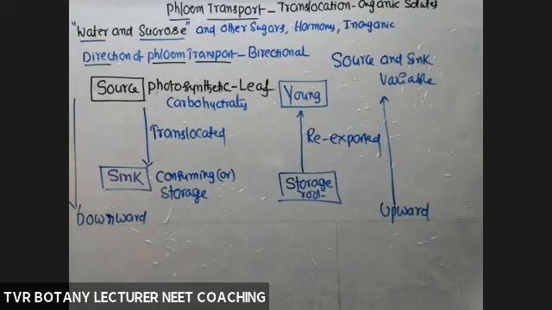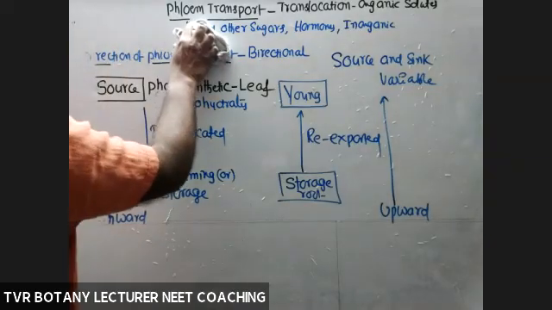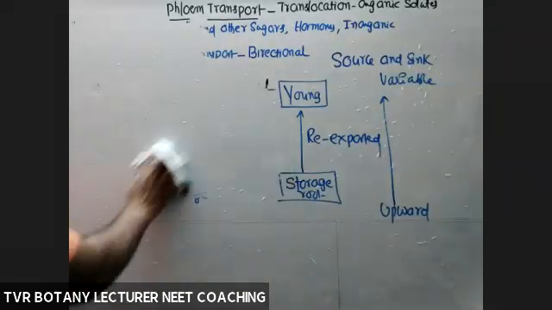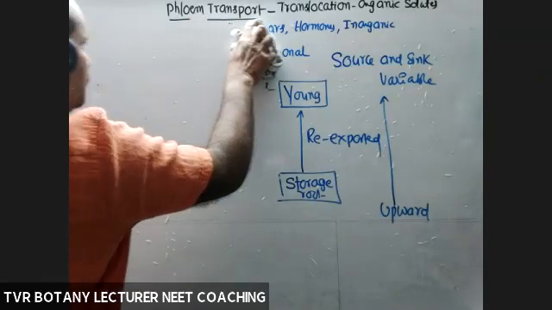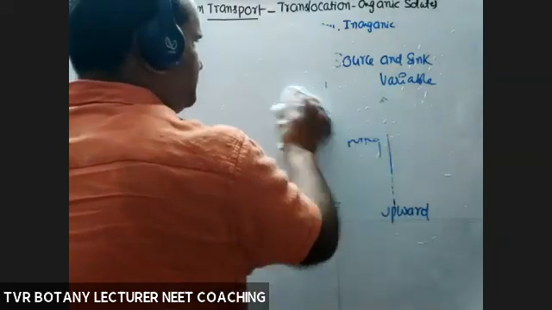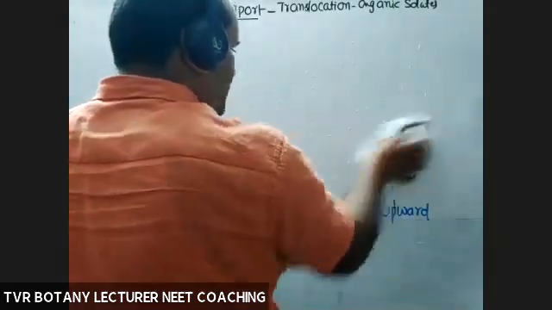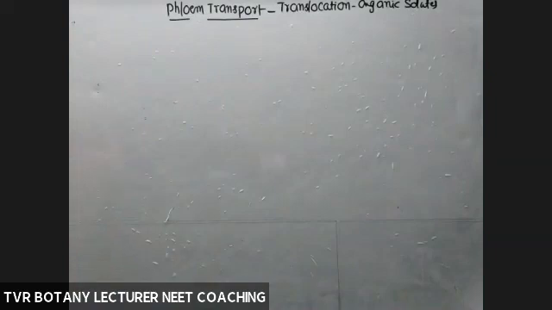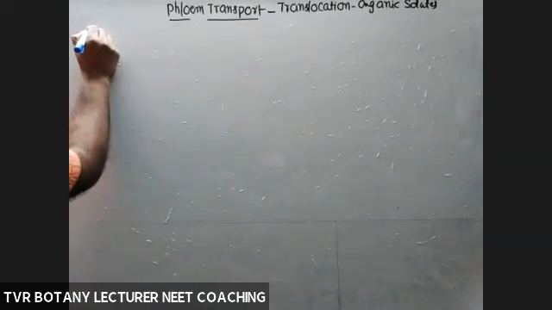Here, source and sink are important. So according to our knowledge, phloem is concerned with translocation of food. Okay, so how to demonstrate? What about the mechanism of phloem transport? Like bulk flow, mass flow, which is able to transport water, minerals, and food also. It was given under the heading bulk flow, mass movement, concerned with the movement of water, minerals, and food. So it also takes the same theory,